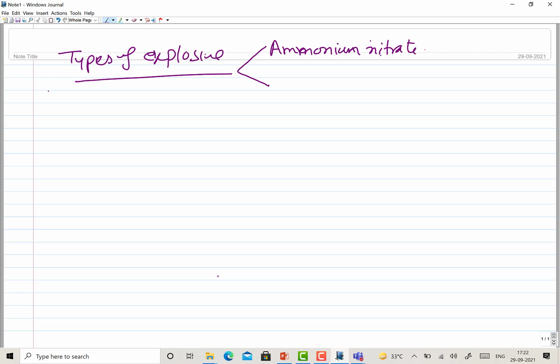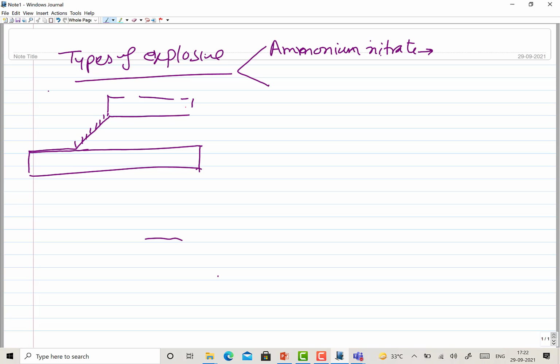Okay, this gives us the detonation speed. Say this is the flyer plate, like this. So this is the zone where welding has been realized. This is the section where the welding is in progress, and this is the section where we still have explosive to be burned or detonated.